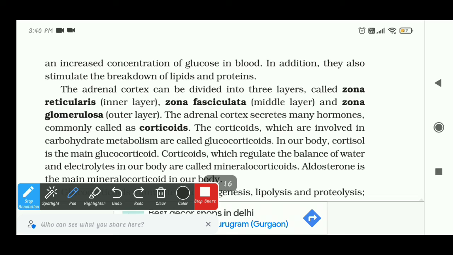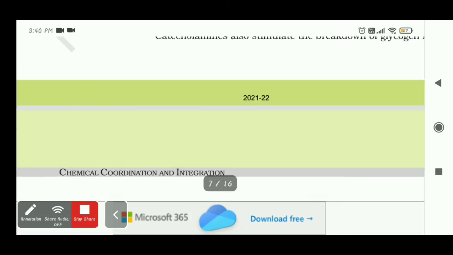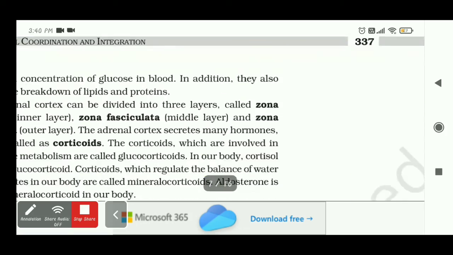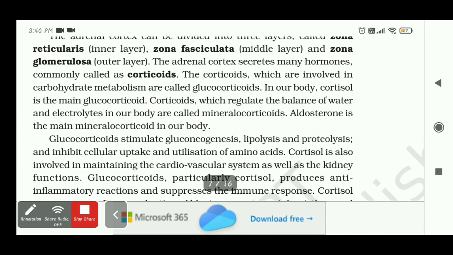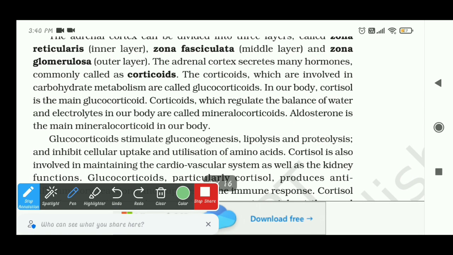These are the three layers of the adrenal cortex, and the adrenal cortex secretes many hormones, which we commonly call corticoids. The common name for the hormones secreted by our adrenal medulla was what? It was catecholamines. And the common name for